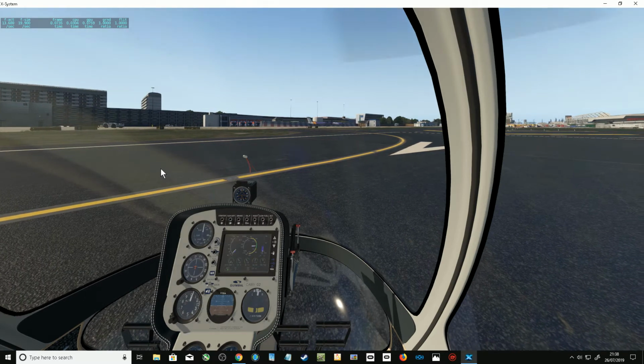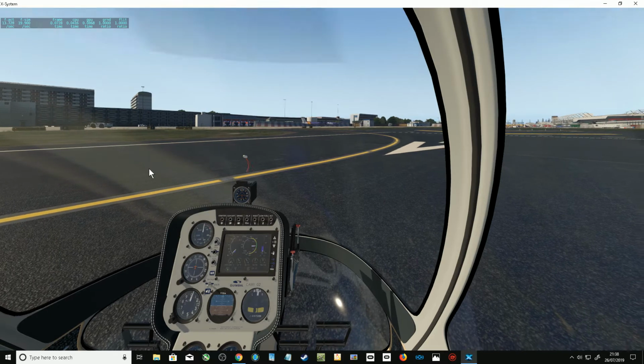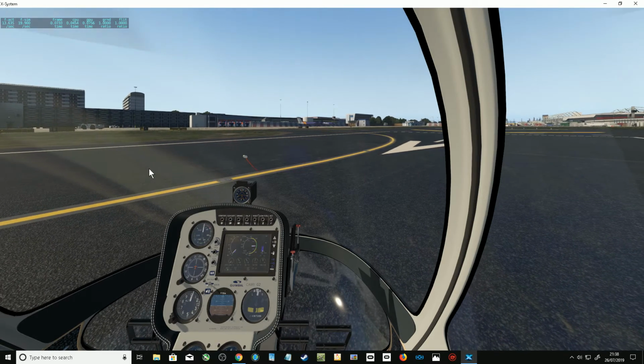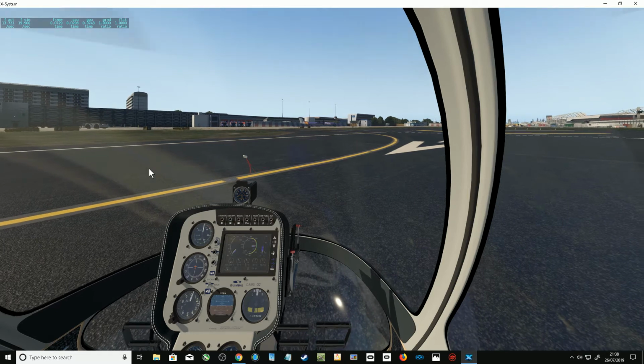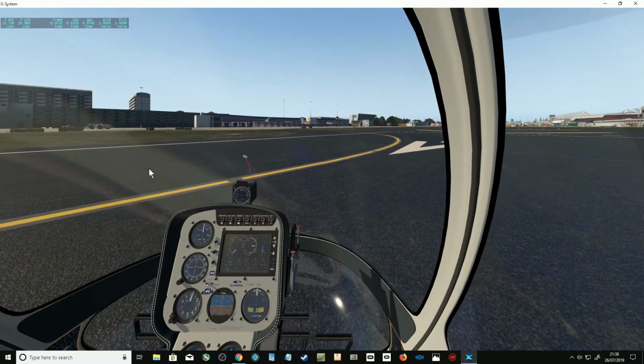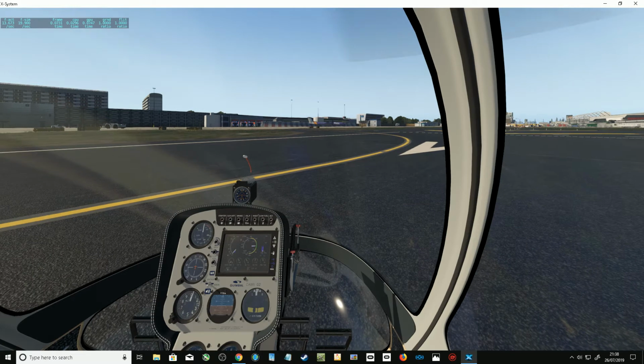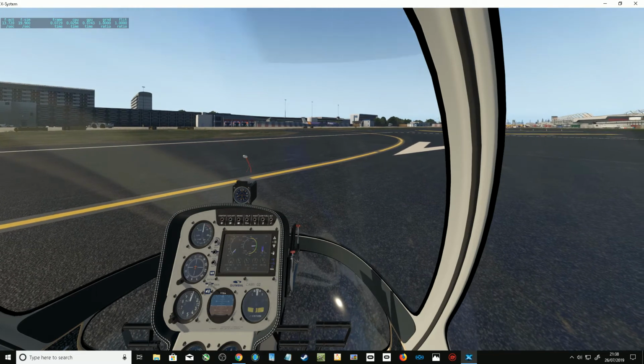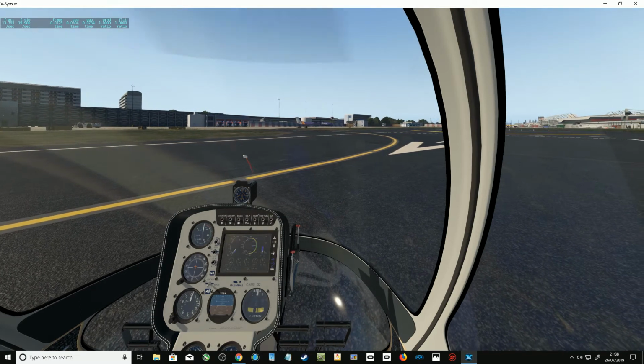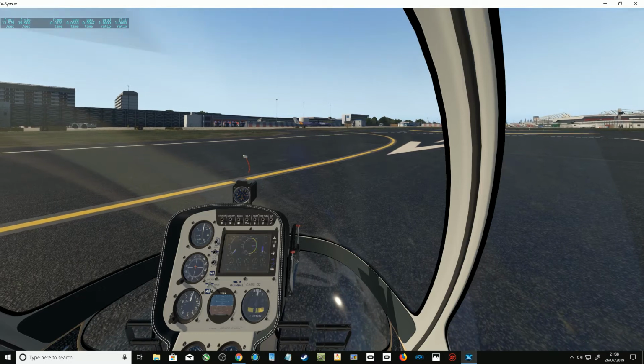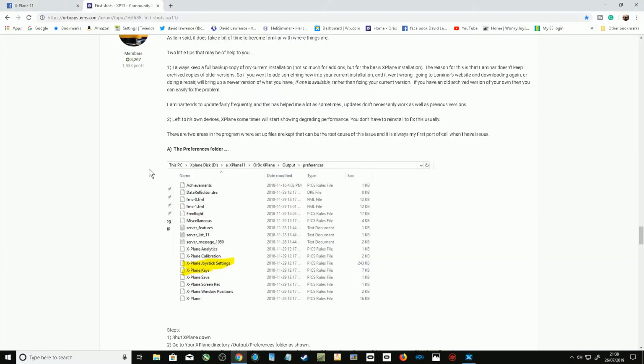Well, I went on the Orbx forum and a very kind gentleman directed me to a previous article where something similar was happening. So I'm hoping, and I'll put a link in the description below so you can see it, because this is the article that it led to. And this chap describes deleting the